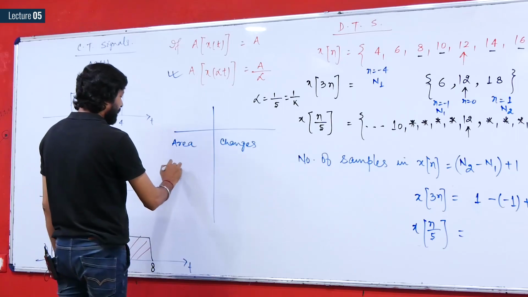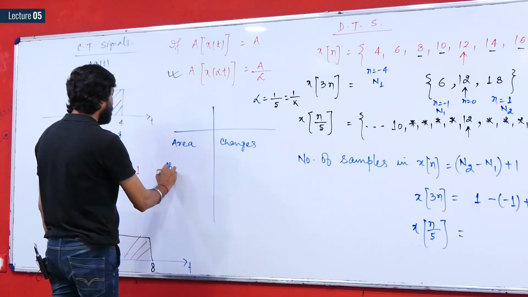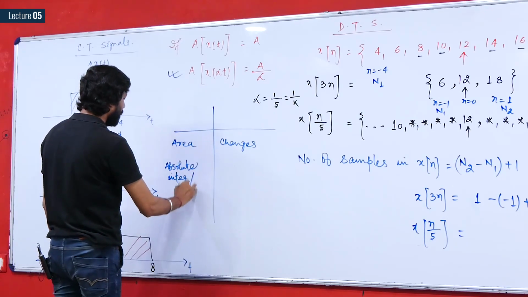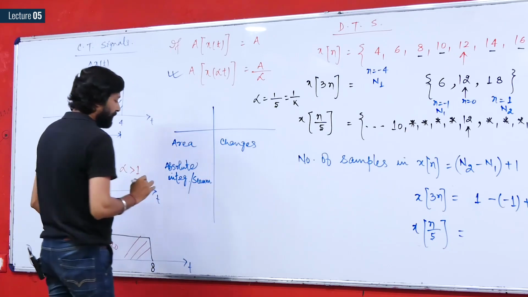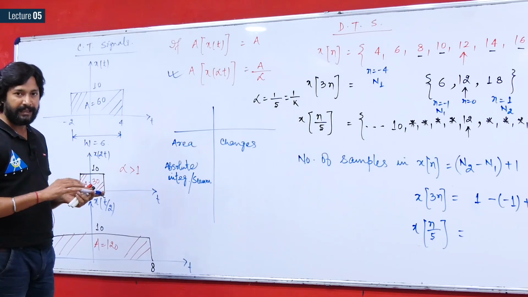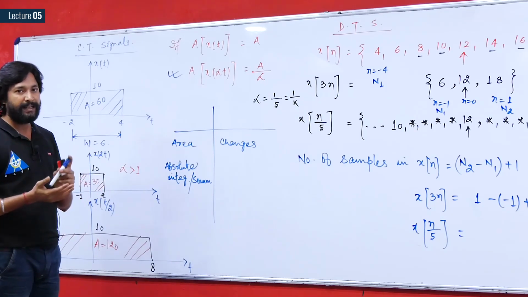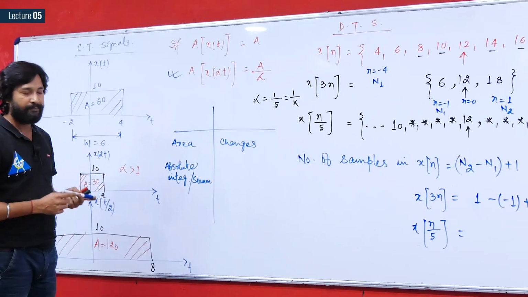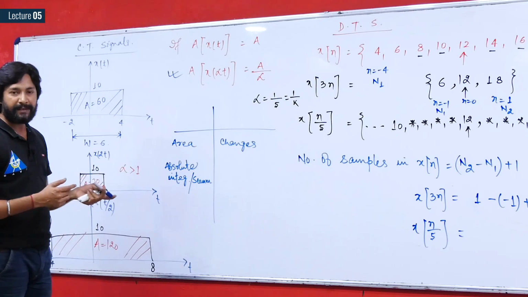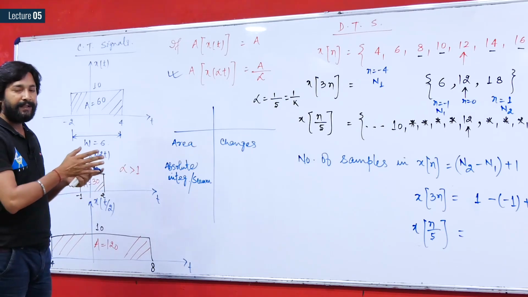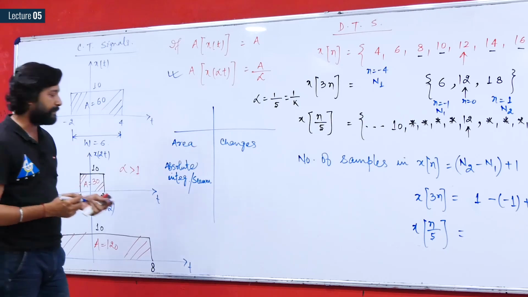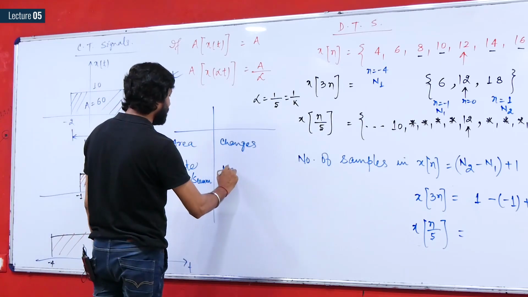Again, if you see that absolute integrability condition, absolute integrability or summability, so if the signal was earlier absolutely integrable, or in case of discrete time signal, if it is absolutely summable, then after performing interpolation or decimation or time scaling, the signal that you are going to obtain is again going to be absolutely summable or absolutely integrable as it was earlier. If it was not earlier absolutely integrable, then after time scaling again it will not be absolutely integrable.